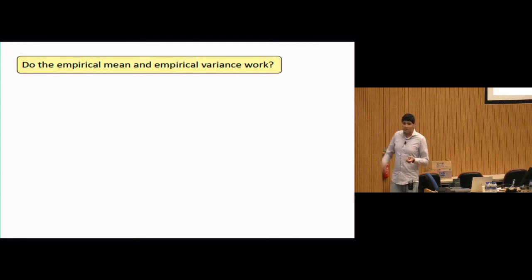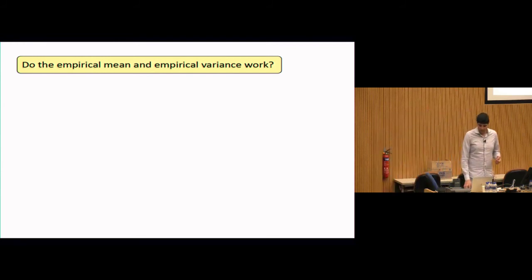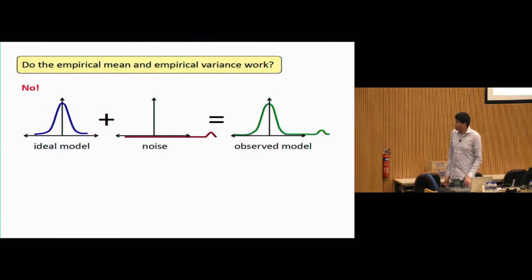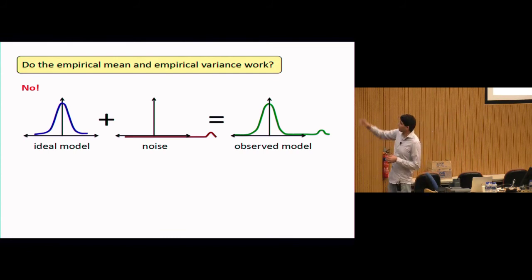So can we just use the empirical mean and empirical variance in the face of noise? Now the answer here is a resounding no, of course you can't. Because in fact, the way that an adversary could arbitrarily corrupt these empirical mean and empirical variance is he could take a single sample, think about adding a little bump out in the curve, and if he adds that way out into the tails of the distribution,